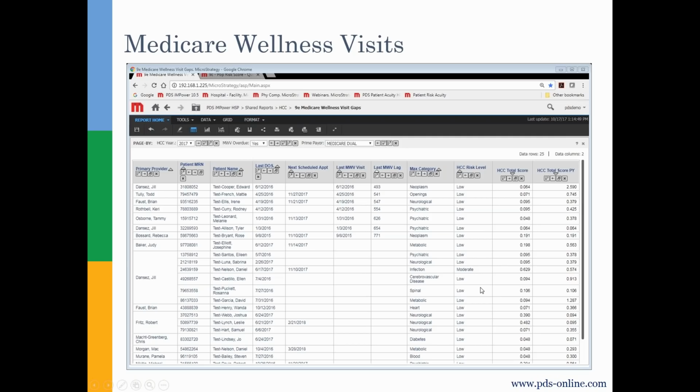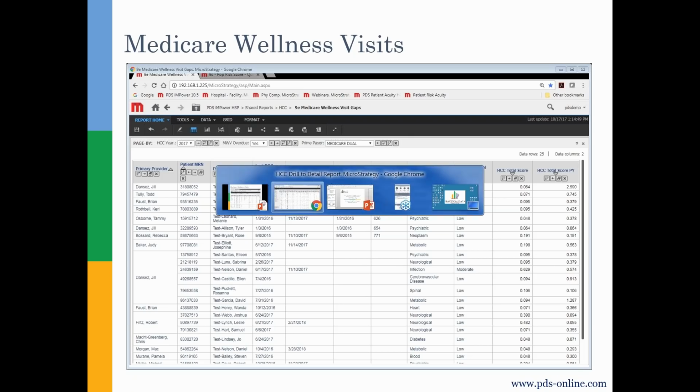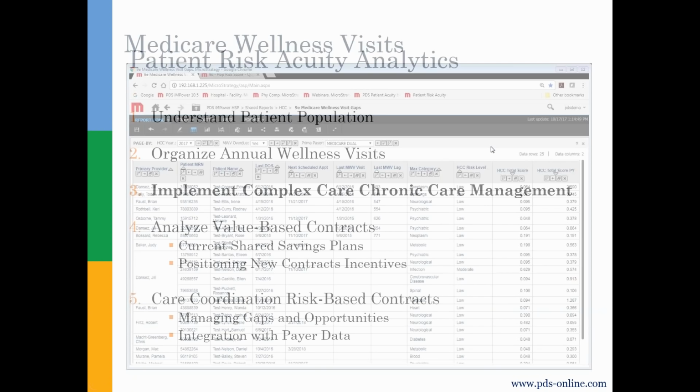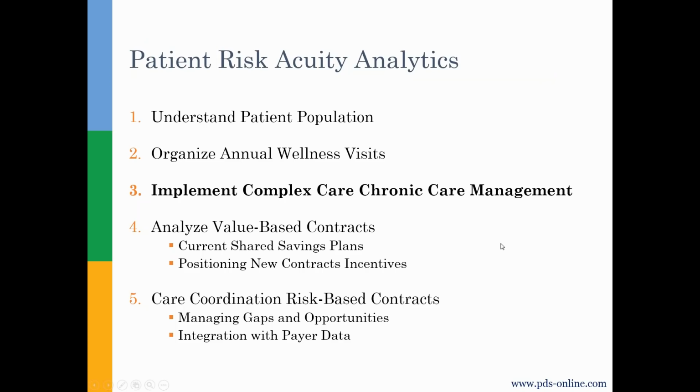We can even filter and say, well, if we're going to start making phone calls to bring patients back in, let's look at the patients that have a moderate or a high level of risk versus those at a low level of risk, kind of prioritizing and staging appropriately using the data. So, the same technology, whether we build a visualization or we focus just using the analytics, makes it very easy to identify where there are opportunities to improve quality of care. So now that I know which patients are going to benefit most from care management, where I need to focus my efforts, one of the other areas that has opened up for us as opportunities in 2017 is implementing complex